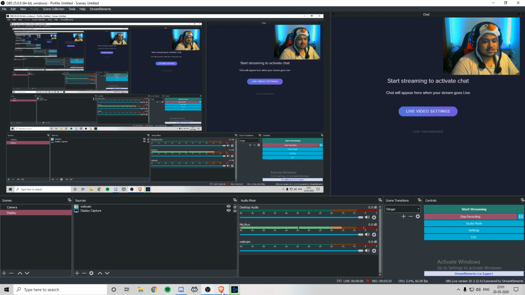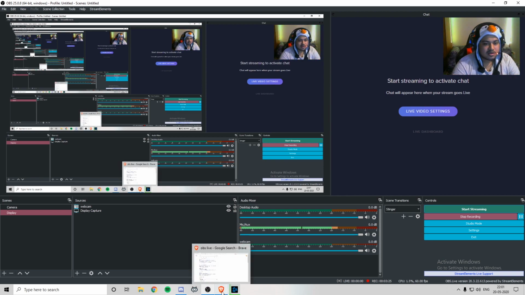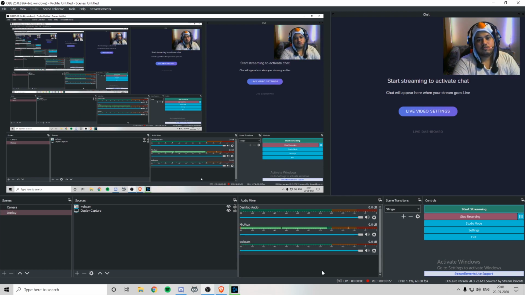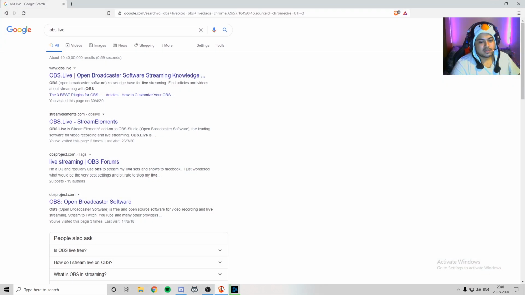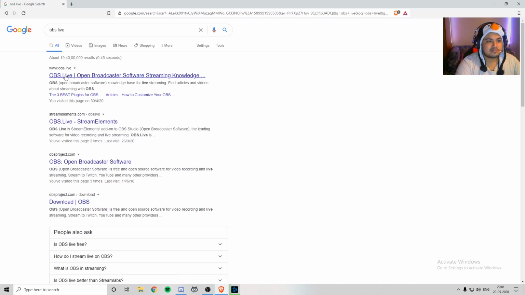First, you want to open your web browser. This is the layout of obs.live. You can just type in obs.live. It's that simple. In Google, if you search, you get obs.live. Now the difference between obs.live and